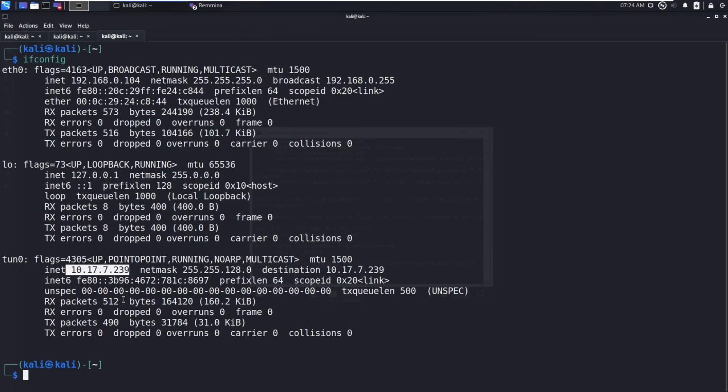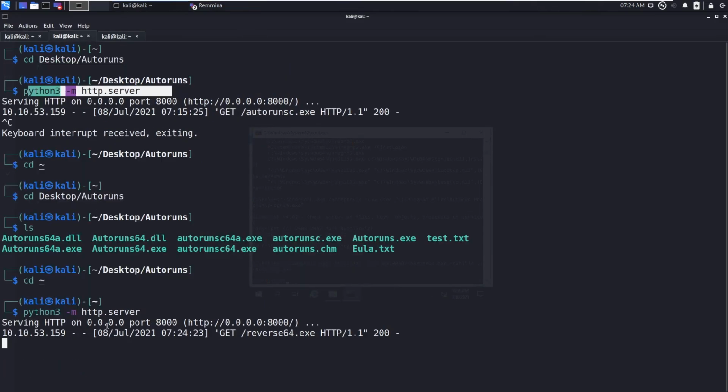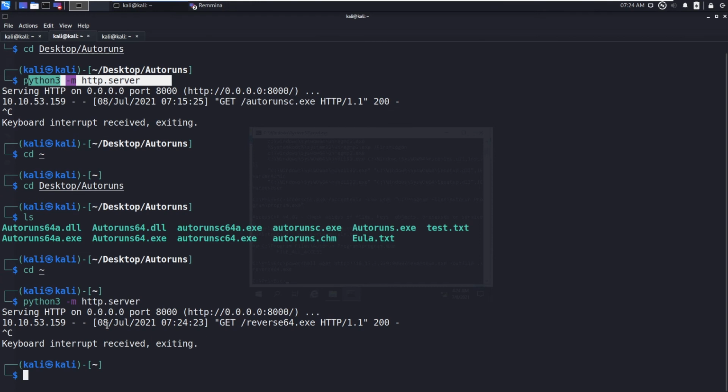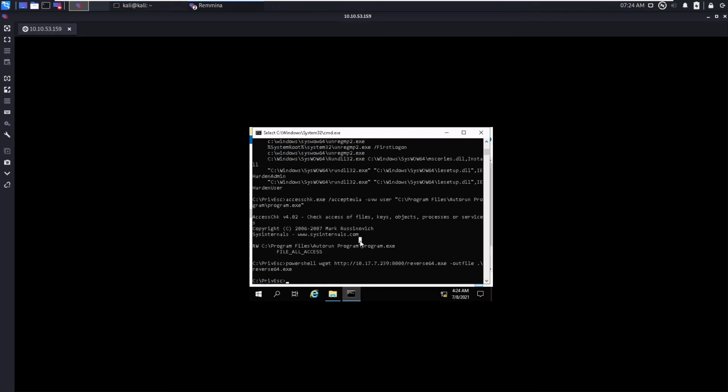Now you can see the request here. After that, you can listen on port 1234, that is the LPORT option you have given in the MSFvenom.